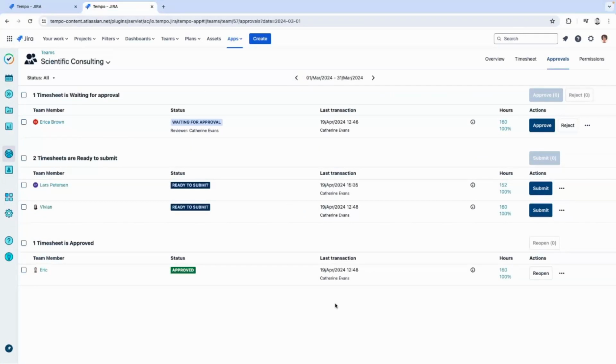Okay. So here we can see the timesheets that have been submitted or not. So for example, Eric already submitted and Catherine approved this timesheet. Lars and Vivian still need to submit their timesheet. And then Erica had submitted it and is waiting for approval. And like I said, I can approve, I can reject if I needed to. If Erica needed to fix something, I could provide them a grace period, etc. Okay, so to end this workflow,